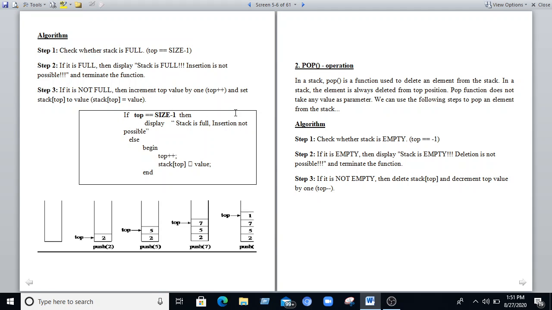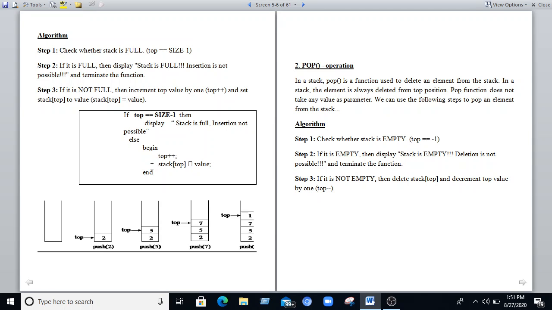So the algorithm pseudocode can be written like this. If top is equal to size minus 1, then display stack is full, insertion is not possible. We are printing the statement. Else begin, we are starting the block, top plus plus, because we are using the post increment operator here.